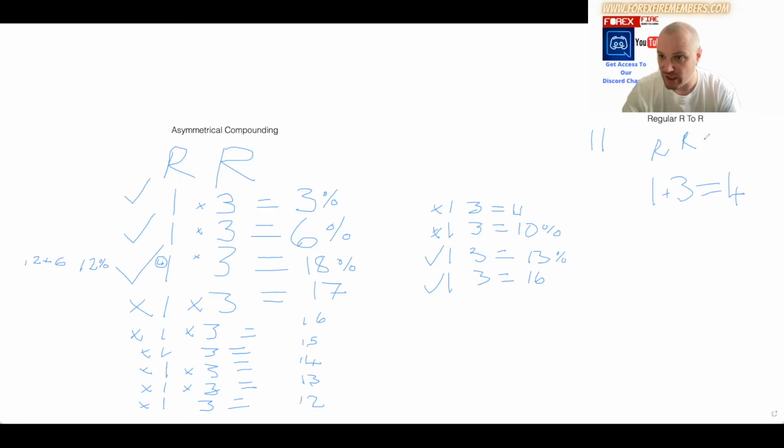At winning trades, your regular R to R, 1 to 3. It could be a 1 to 2. You just do the calculation for yourself. So you're going, this one will be a 1 to 3, but it's going to be to the power of 4 risk. Okay, it's 12%. That comes in, 12 on your 16. Okay.